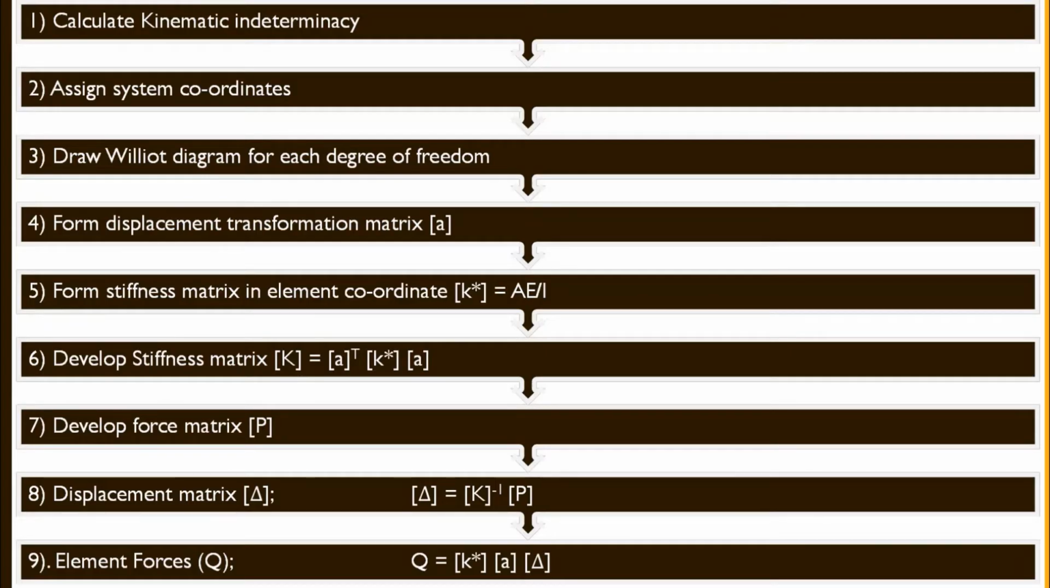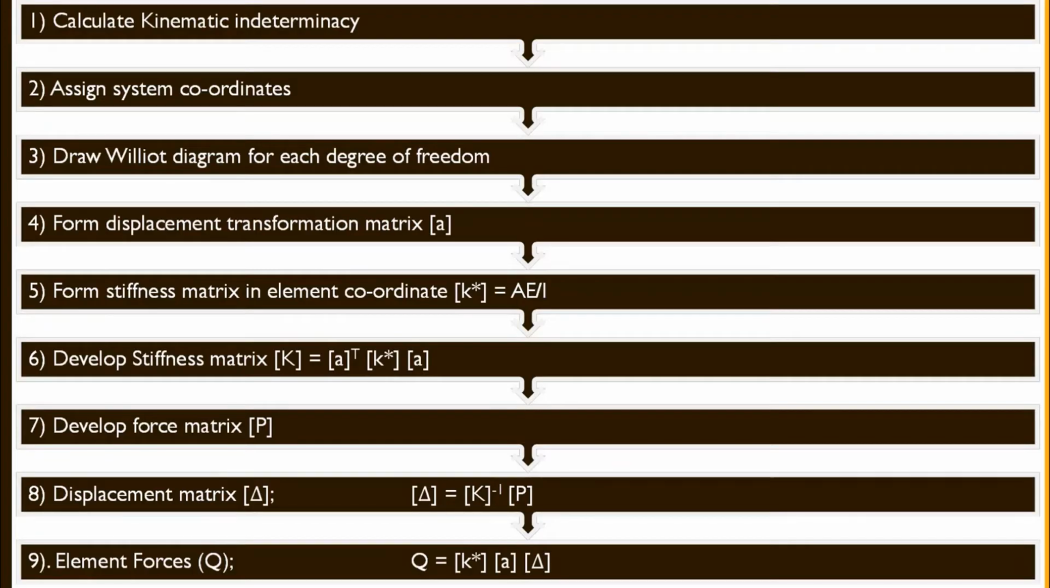Then we will develop a stiffness matrix for the entire structure by using the equation K is equal to A transpose K star into A. After the development of the stiffness matrix, we have to develop the force matrix. Then we will find out the displacement matrix by using the equation: displacement matrix is equal to stiffness matrix inverse into